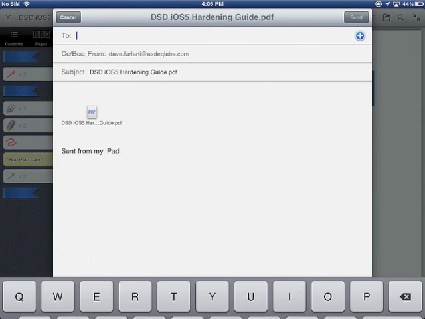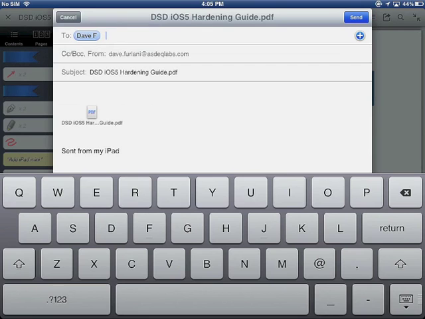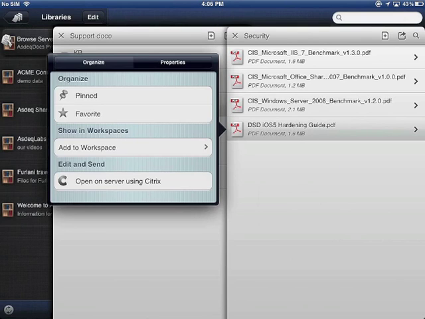And I'll just email it to myself. And I'll go and check that email in a moment. I'll show you some of the other options. If I hold my finger on there, I get a reduced list of options. To see the full list, I need to open the file, and that's because the full list includes email, open